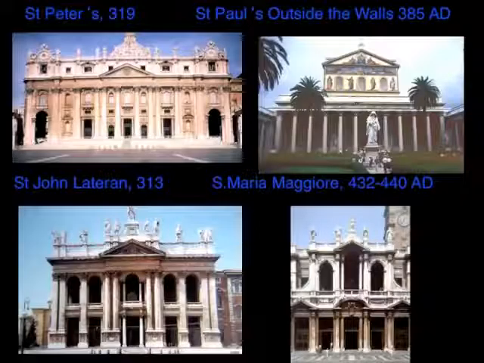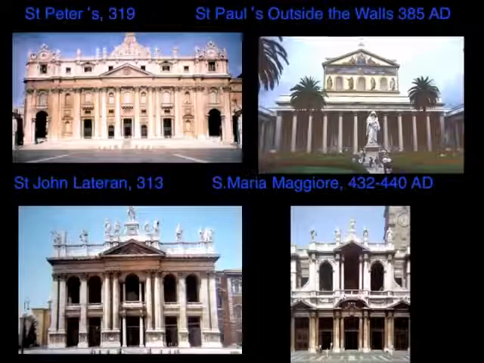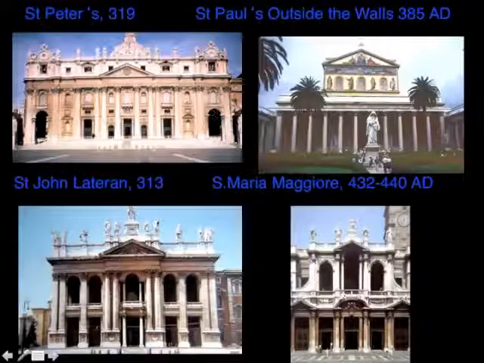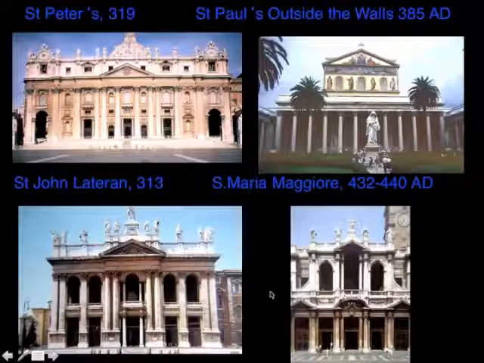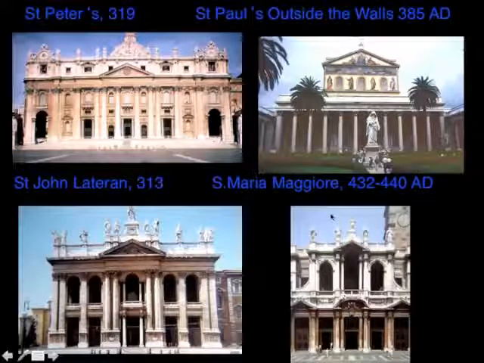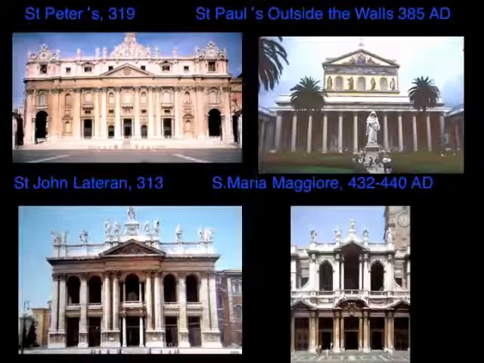So if you look at the four basilicas, they look nothing like they were supposed to look like back in the old days. We have facades that are for the most part Baroque in the case of St. Peter's, and even 18th century in the case of the later churches, Santa Maria Maggiore, for example. And here in St. Paul's outside the walls, there's a 19th century facade that's trying to look like an early Christian one. That's probably more accurately what the church would have looked like. It would have been a flat facade, maybe encrusted with ornament and relating to a courtyard, as indicated here.